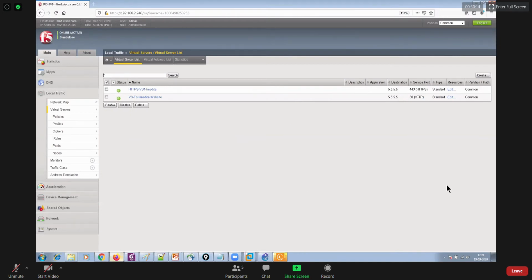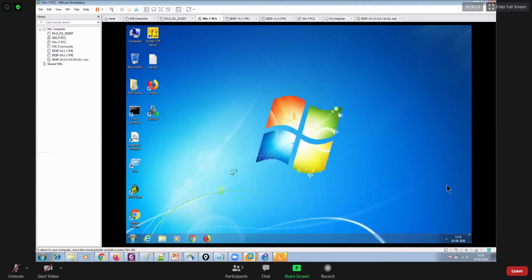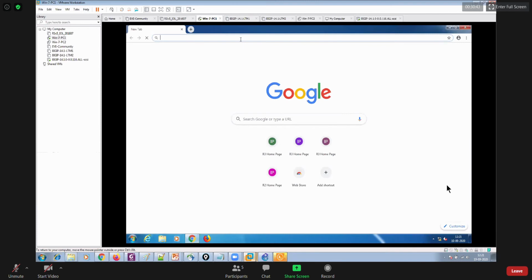In case I go back to my test machine, which is this, and try to access a website using the 5.5.5.5 IP address, here you go, it should be redirected to HTTPS automatically since we configured the redirection using an iRule.